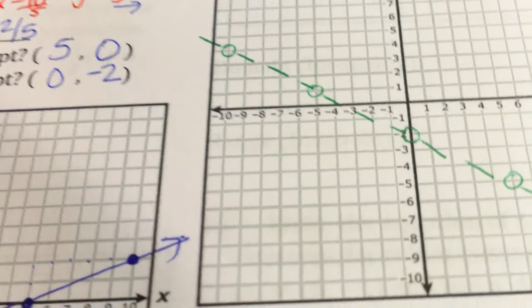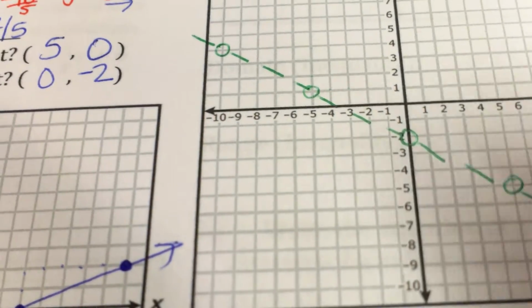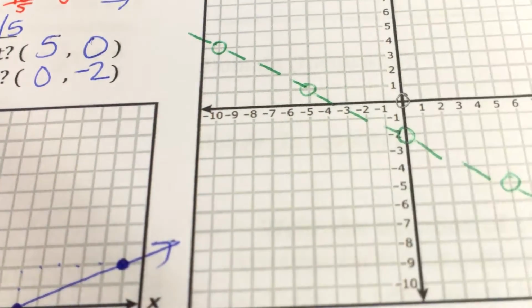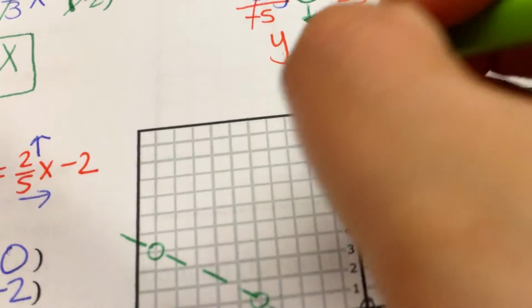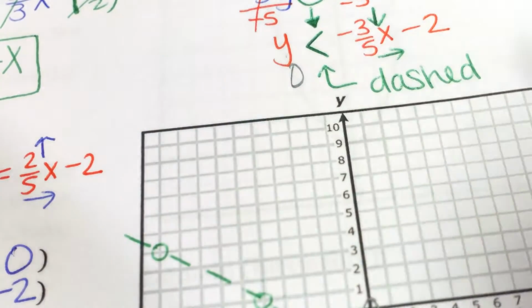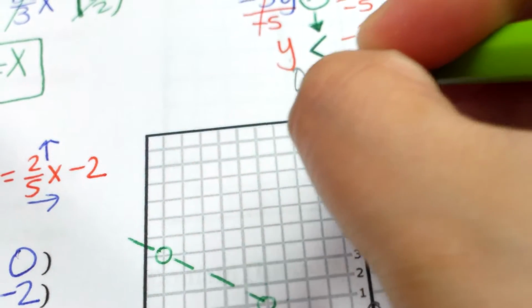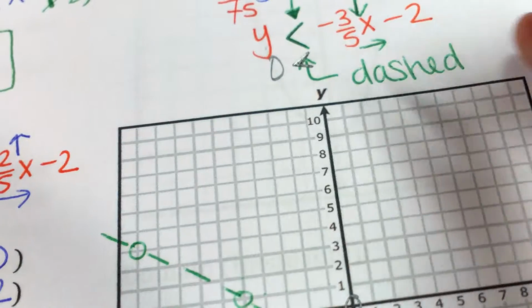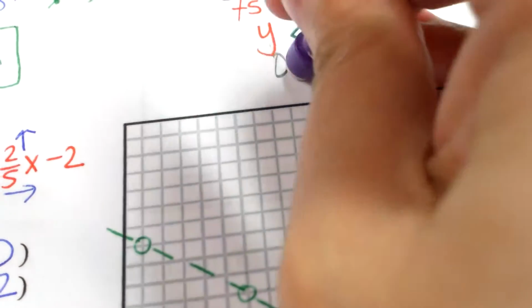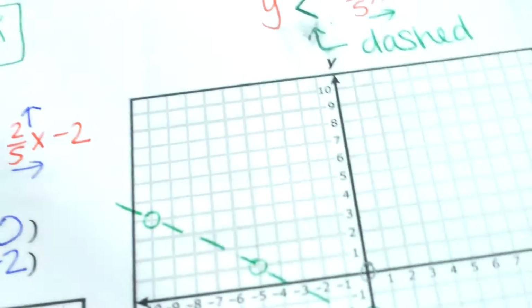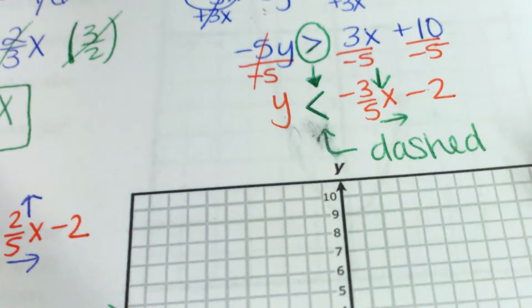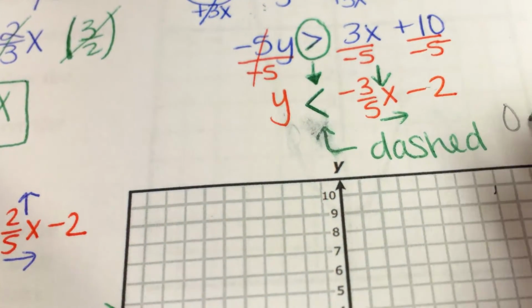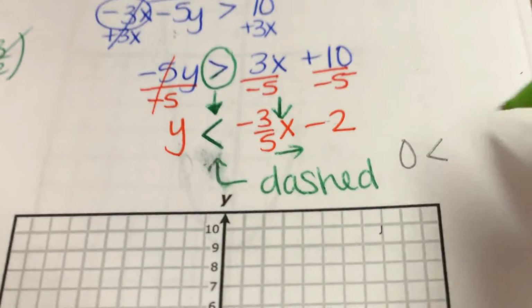Let's go ahead and choose a test point. I can choose my beloved 0, 0. So let's plug in 0, 0 here. So I have 0 is less than... Oh, that doesn't look good. Let me go ahead and work it out somewhere else. Hold on. Okay, so I'm going to have 0 is less than -3/5